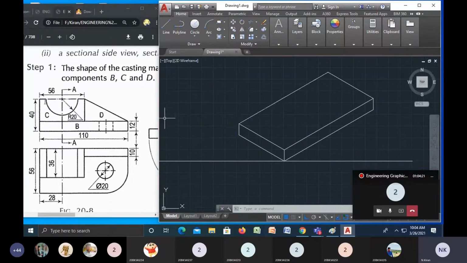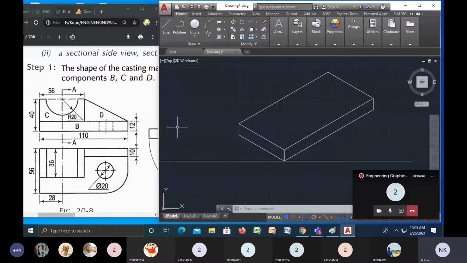And upon this, from this end point, enter. Already this is your 40 mm. The height of the whole diagram is 40 mm, and at the bottom we have completed 12 mm. So what is the remaining length for this one? 40 minus 12. What is the height? 28. 28 plus 12, yeah, 40, right.